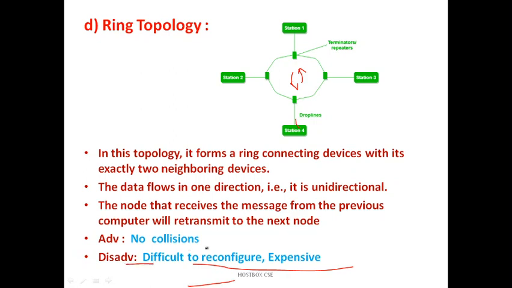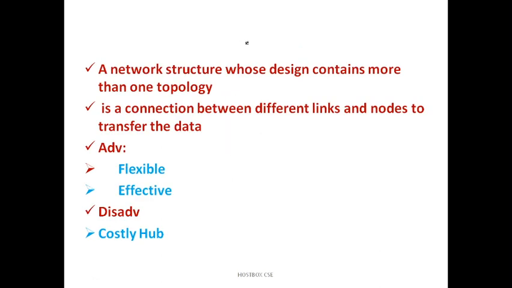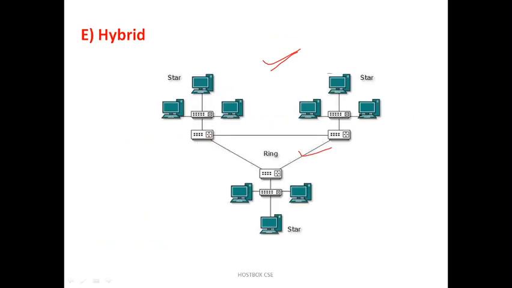And no collisions. When it comes to the hybrid, as the name implies and the diagram shows, it is a combination of both star and ring: two ring networks plus one star, or two stars plus a ring. Hybrid means a combination of both network topologies. It is a network structure whose design contains more than one topology, a connection between different links and nodes to transfer the data. What is the advantage of hybrid? We can exchange data very easily. Different networks we can connect and form the